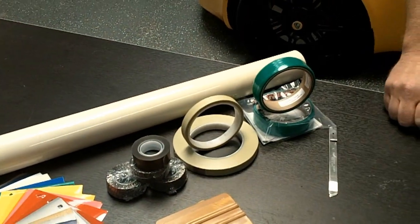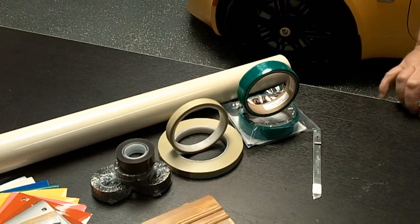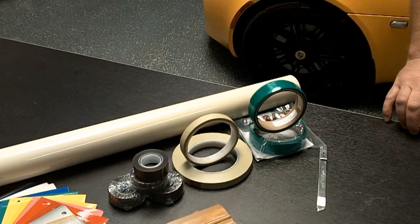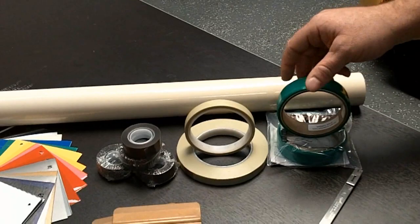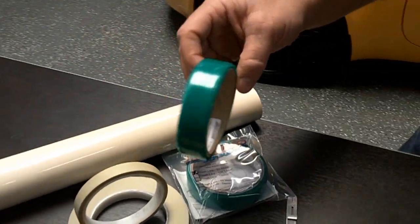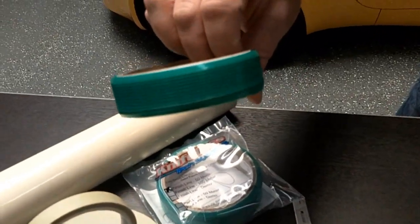Next up are two tapes that will help with the trimming of your vinyl applications. These are both ideal for situations where you would otherwise need to cut directly on the paint. First, we have Knifeless tape by Knifeless Tech Systems. This tape features a filament inside the carrier that will cut your vinyl from the bottom side without ever needing